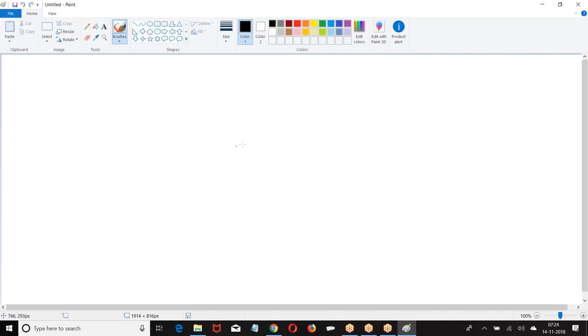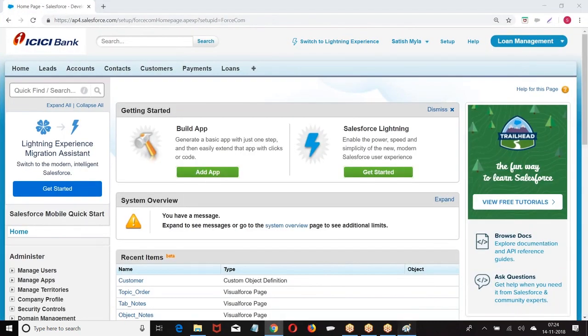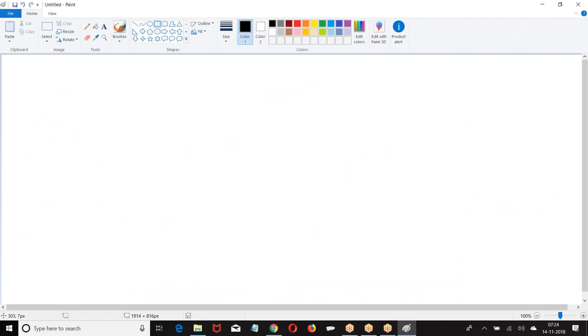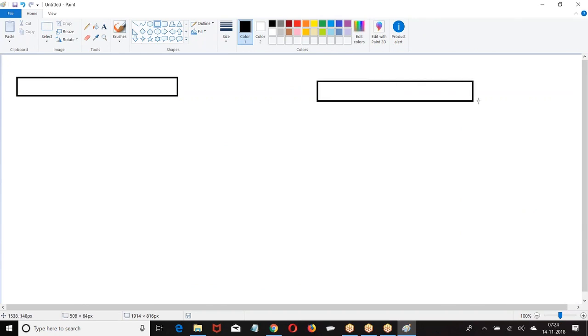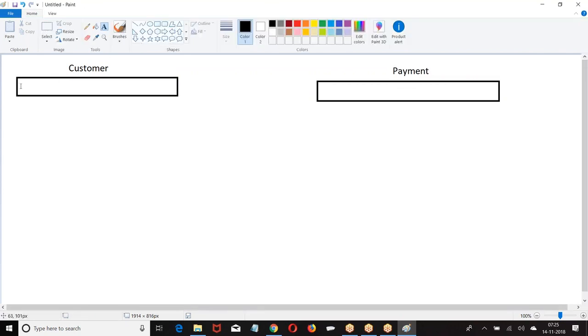What is a master detail relation and why are we going to use it? I have two tables here, customer and payment.